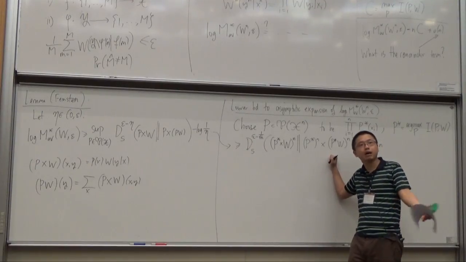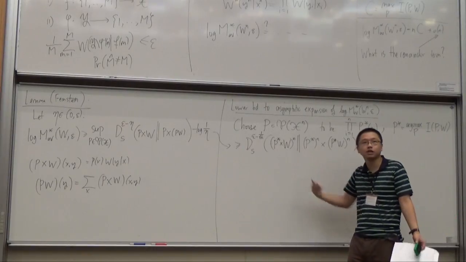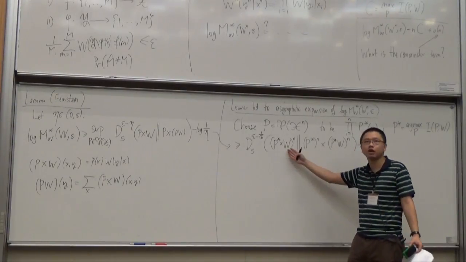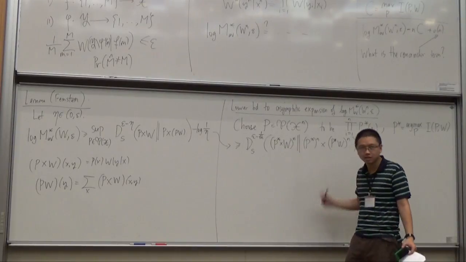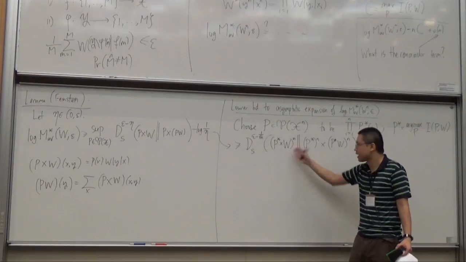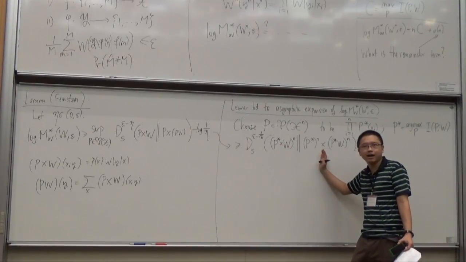So we now appeal to the asymptotic expansion for D_s, which says that the first order term is basically the expectation of the log likelihood ratio of this and that. The second order term is the variance of this and that, or the variance of the log likelihood ratio between this and that. And we have